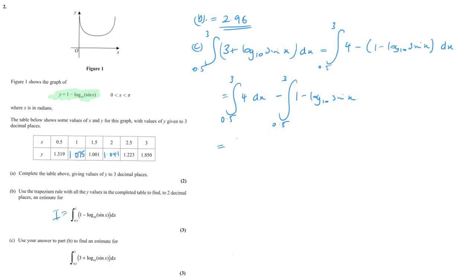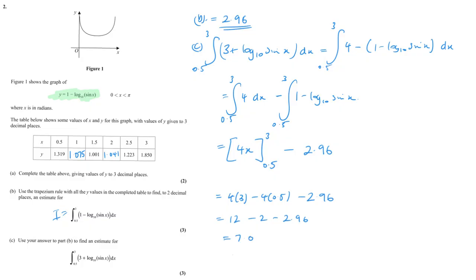And that is 4x, the integral of 4 between 3 and 0.5, minus 2.96, which is our answer to part B. So we've got 4 times 3 minus 4 times a half, minus 2.96. So that's 12 minus 2, which is 12 minus 2 minus 2.96. So 10 minus 2.96